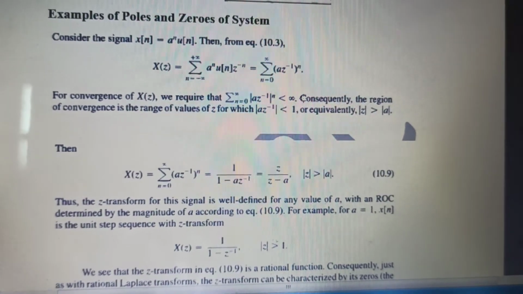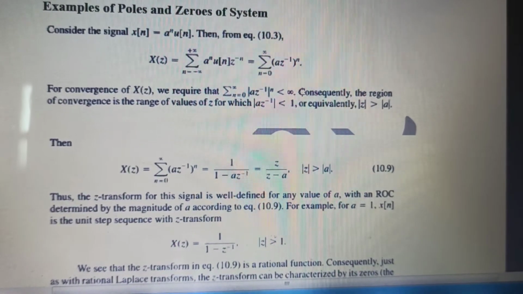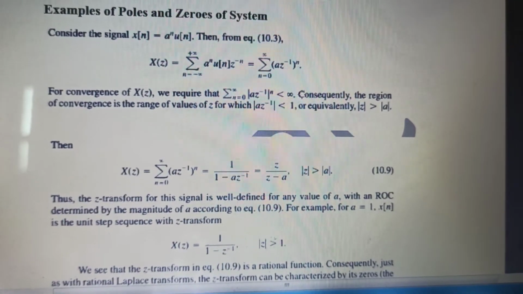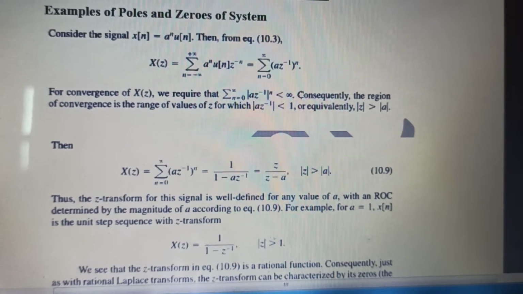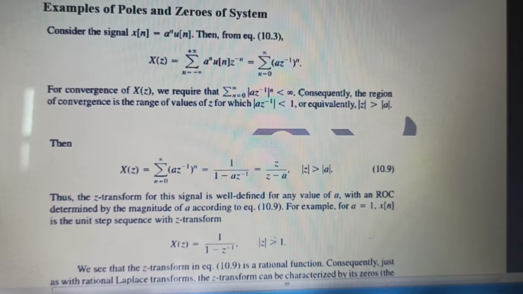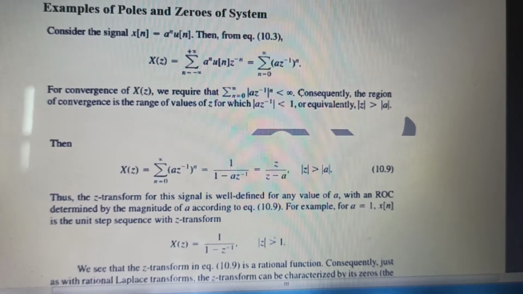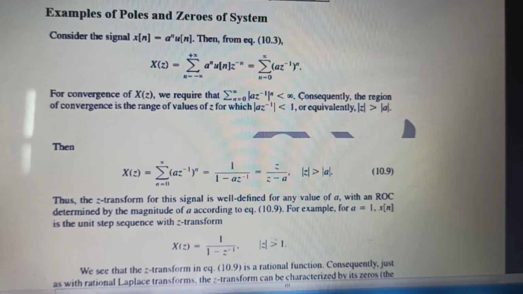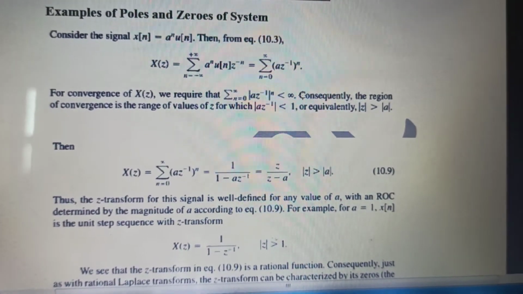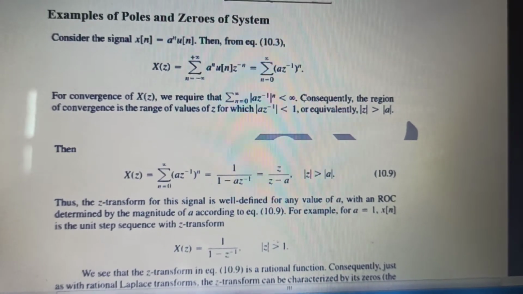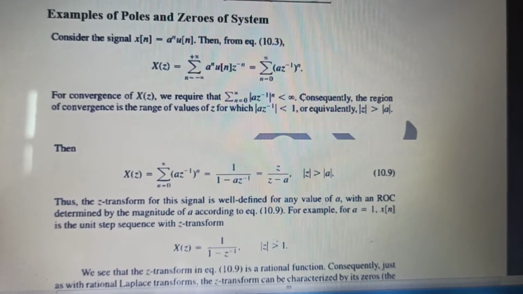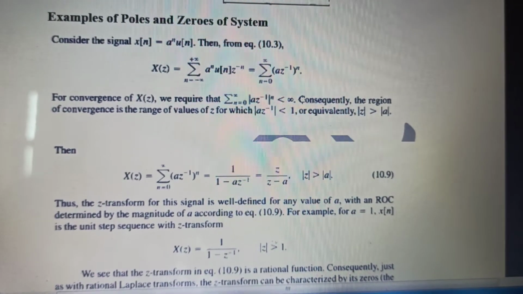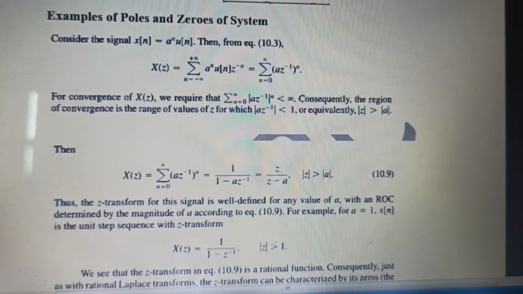Because when I expand this term az inverse raised to the power n, the expansion will give me 1. Listen very carefully. When you put n equals 0, it becomes 1. Then az inverse, az inverse squared, az inverse cubed. So this will form a GP and it will go from 0 to infinity. So it is an infinite GP. Now we are here to evaluate the infinite GP. How can this infinite GP be evaluated? The question arises how we are going to evaluate this infinite GP.